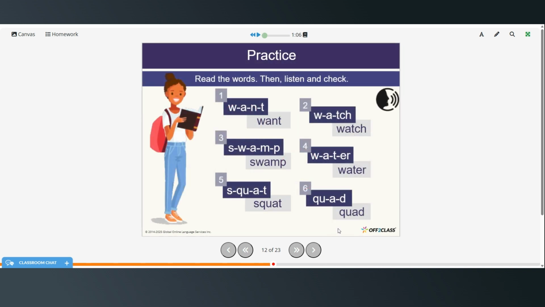All right, now practice sounding out these words, and then when you're ready, restart the video to listen and check. W, ah, n, t, want. W, ah, ch, watch. S, w, ah, m, swamp.